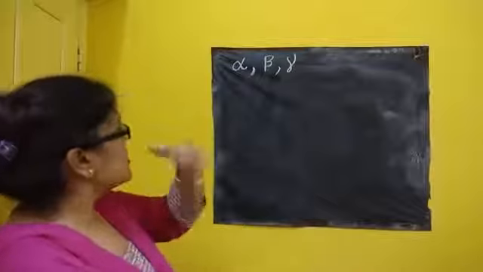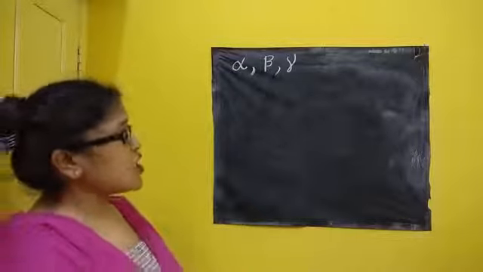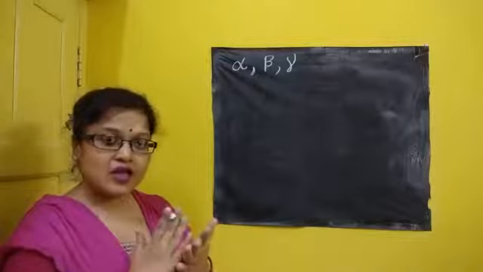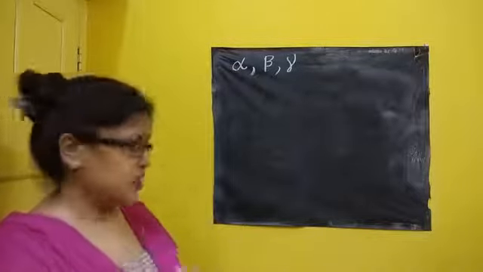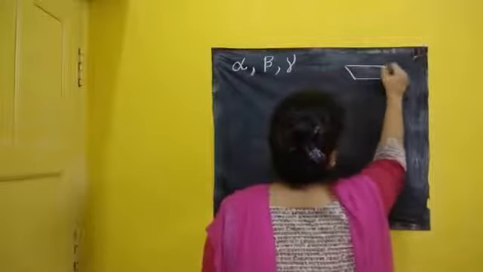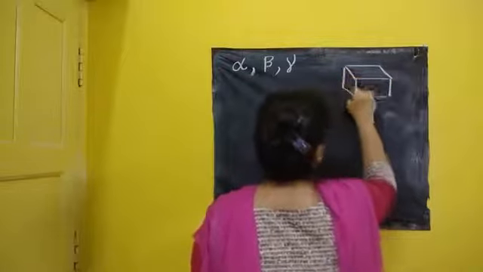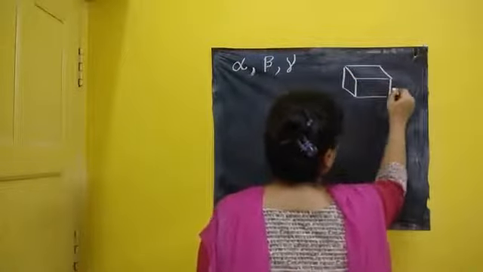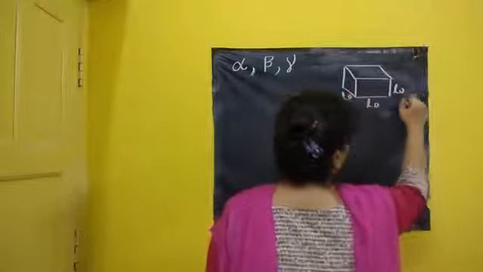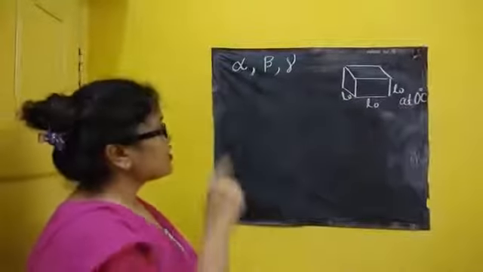So before that, going for an assumption. Let's take a solid substance which has the same length, same breadth and same height. In short, I am considering a cube. So this is my cube, which has length, breadth and height all equal to L0, at 0 degree Celsius. Clear? Now I am giving heat to the solid.